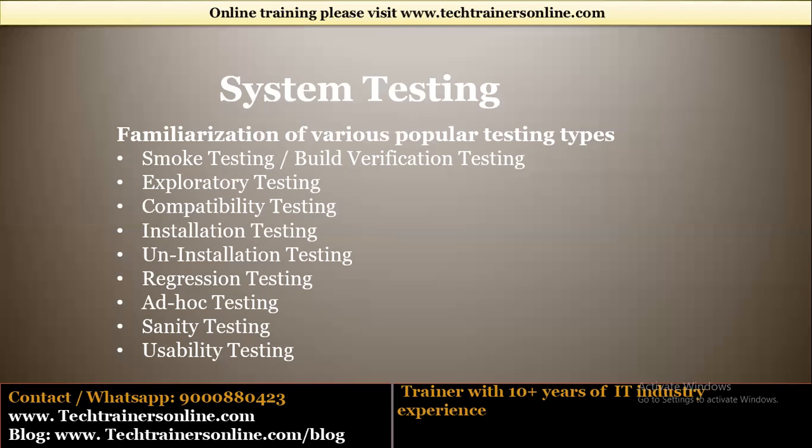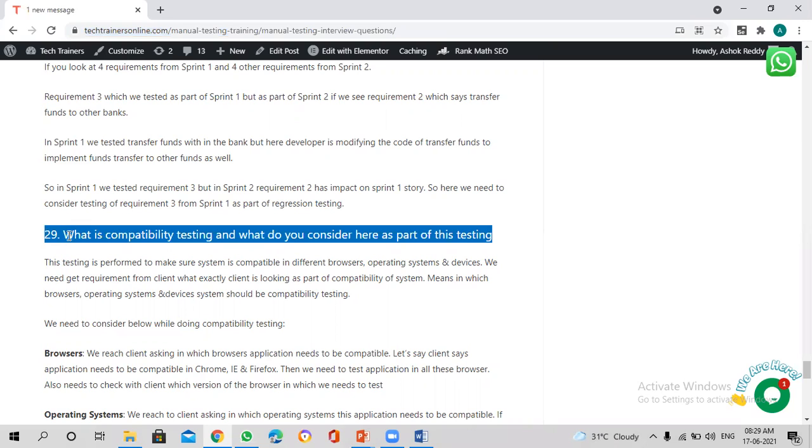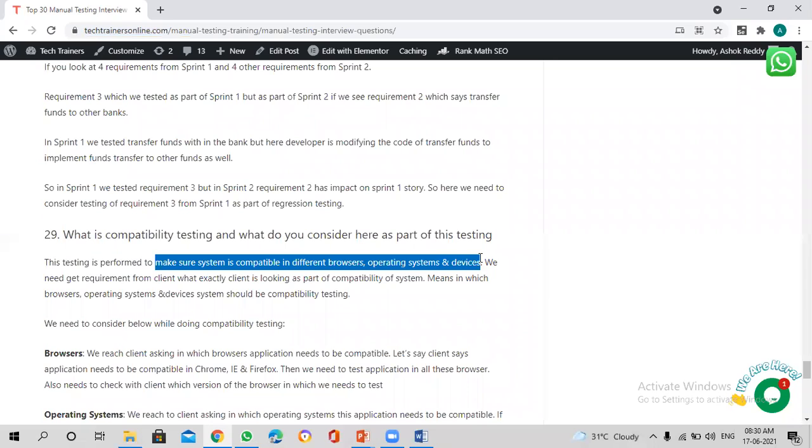So if you go to my blog, I have question number 29, in which I clearly mention what compatibility testing is and what you consider as part of this testing. This testing is performed to make sure the system is compatible in different browsers, operating systems, and devices.